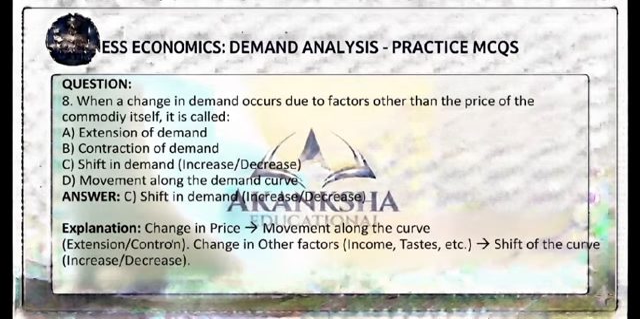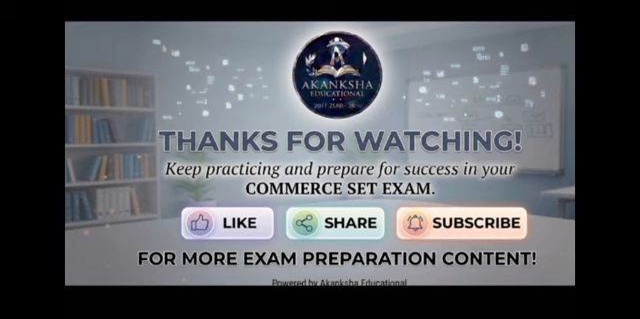Question 8. What do we call a change in demand caused by factors other than the price of the commodity itself? That answer is C, a shift in demand. It's important to distinguish this from a movement along the curve. A change in price causes an extension or contraction, movement along the curve, while changes in